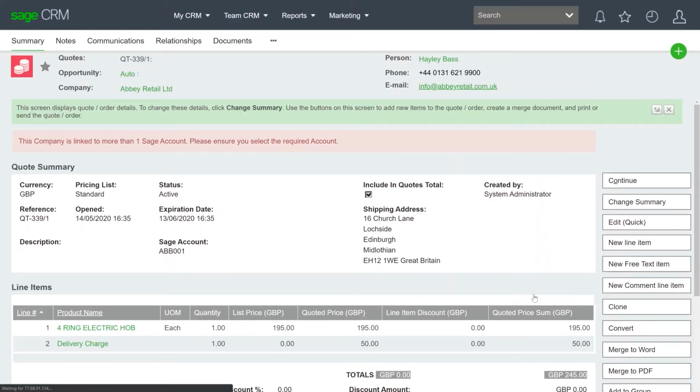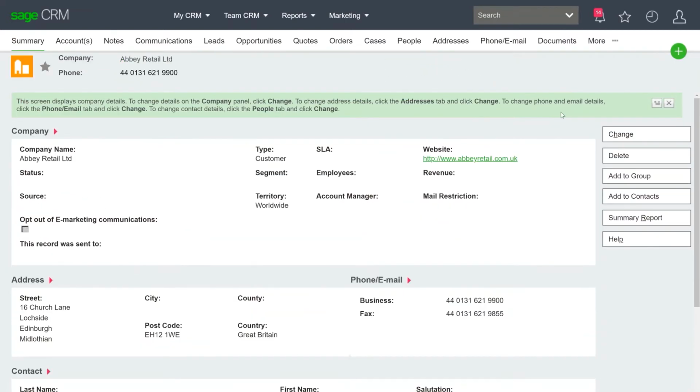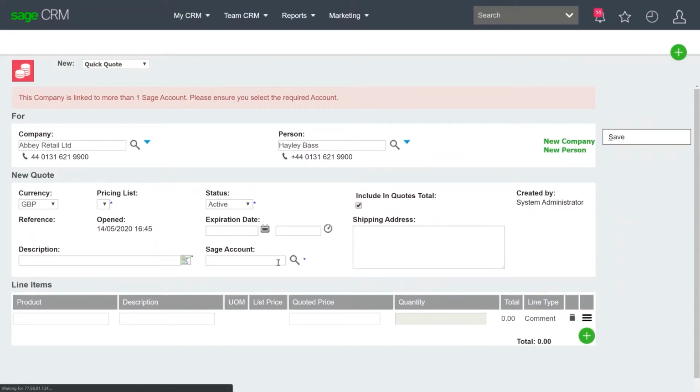Due to this, we have created Quick Transactions, a new add-on to allow quotes and orders to be created against companies on one simple screen, which can, if required, be entered in solely via the keyboard. To create a transaction, you simply need to, for example, go to a company and then click on the new Quick Quote button. You can then enter in the quote details, such as selecting a price list, along with the line items, all from the one screen.